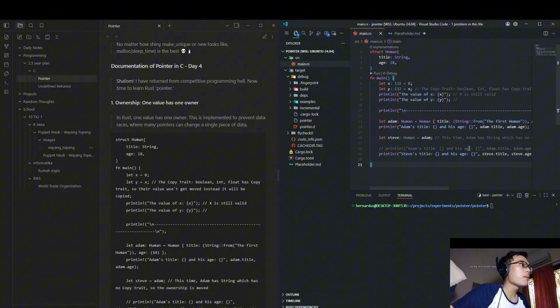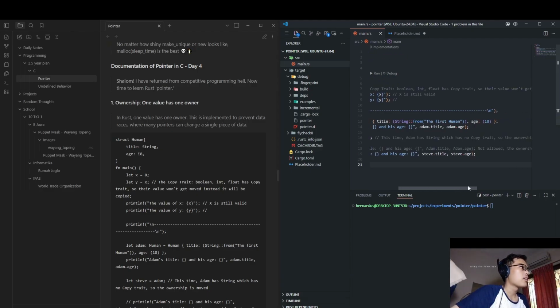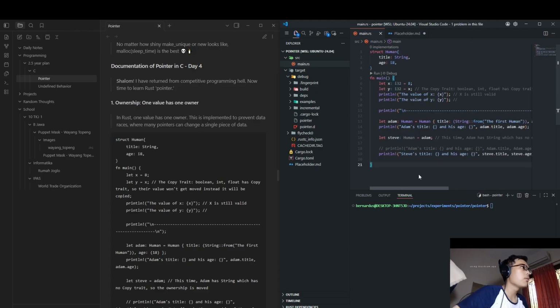Now, primitives like boolean, integer, float have copy traits, so their value won't get moved. Instead, it will be copied. So this doesn't mean the value would be moved to y, but instead it copies the 8 into this. So x is still valid and y is valid, but however, for